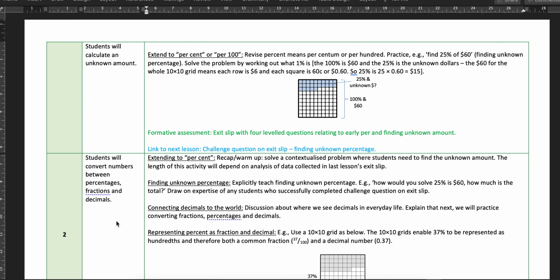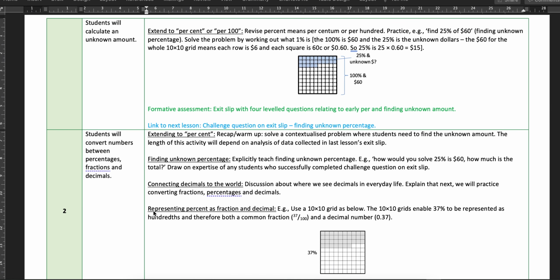Once I feel confident that my students are ready to move on, we'll move into finding an unknown percentage. So we'll explicitly teach how to find an unknown percentage. And then we'll move on to decimals. So we start by thinking, well, where in the world do I see decimals? Where are decimals around us? And then we'll look at how to represent percent as fraction and decimal. So you can again see in this lesson how there's a logical progression of ideas, building those skills around